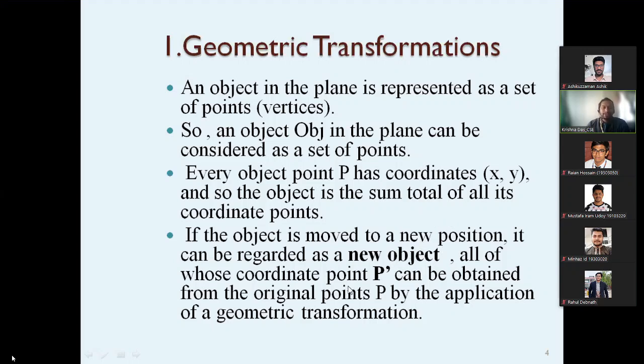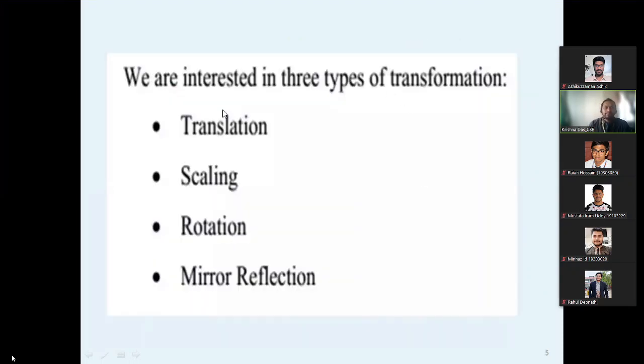So all the relevant points should be moved. If we are talking about a box, and one point of that box has been moved, then all the relevant points of that box will also be moved. That is the geometric transformation.